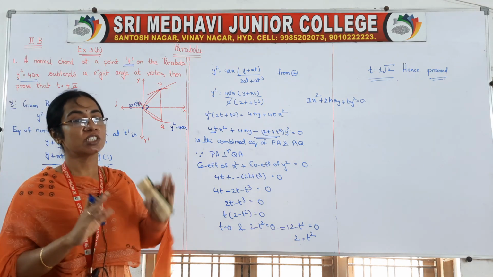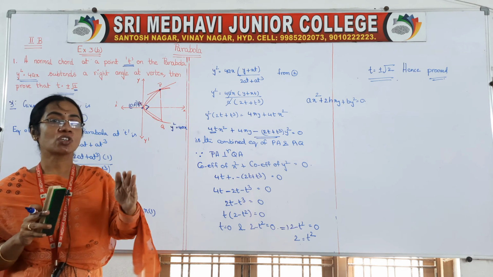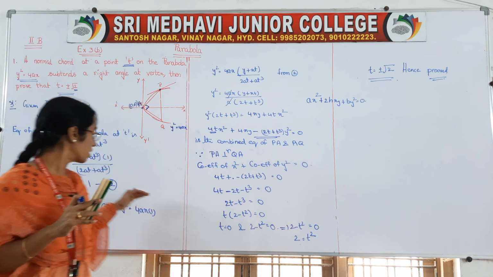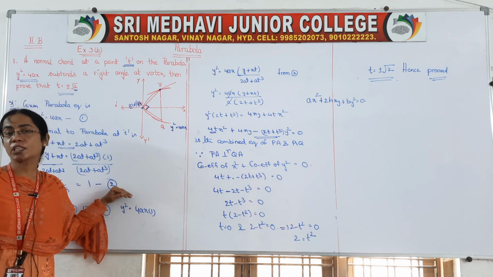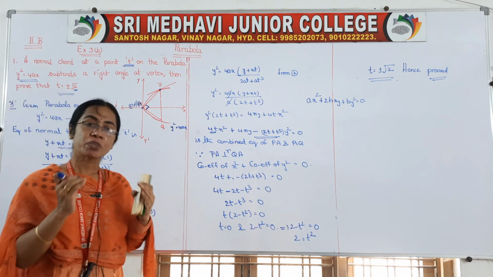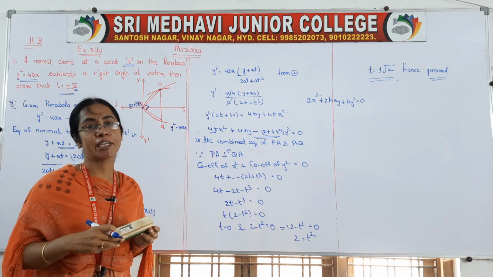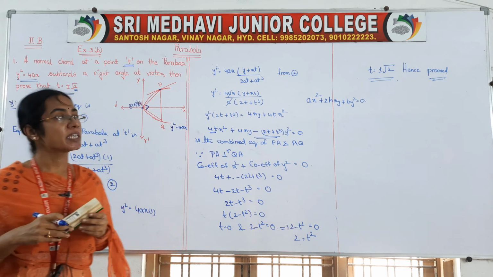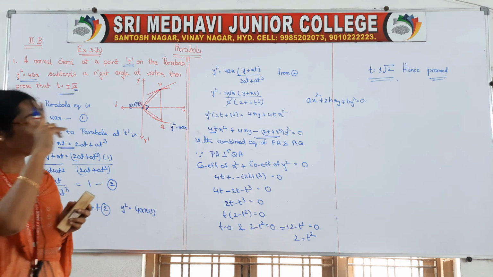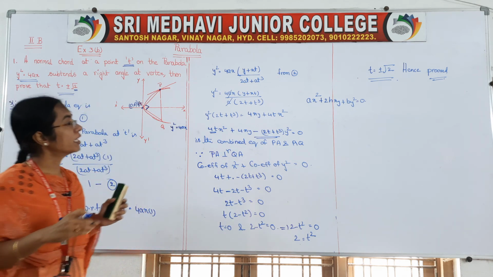While doing the homogenization we have to keep the x square term and y square term as they are, right? Then the x term into the line expression, the y term into the line expression, right? Next we have to take the constant term. While doing the homogenization, we take the x square term, y square term as they are, x term into 1, y term into 1, and constant term into 1 square. Okay, so like that I have taken. Here we don't have any y term, only the x term is there, no constant term. So the x term into 1 we have to take. I have taken that one. Okay, so then I simplified.